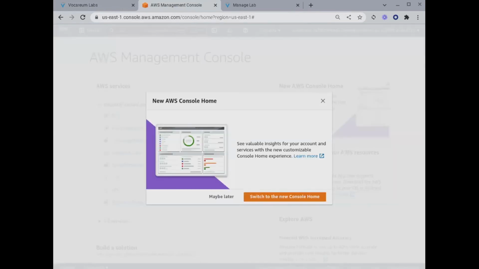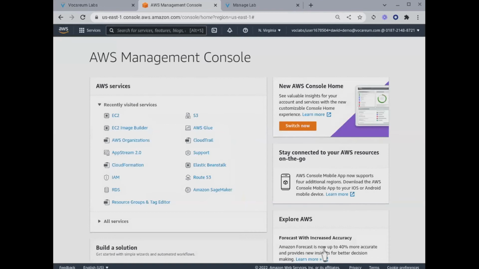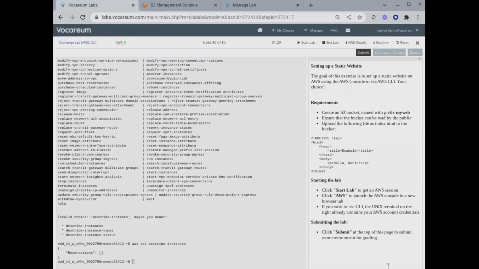This one is 0187, which is a third AWS account that I have access to as a learner. And from here, I can go to S3. I can populate the S3 with some contents and set up the bucket. We'll name it my web and so on, right? And once we're done with this, rather than just answering multiple choice questions, when I do a submission,